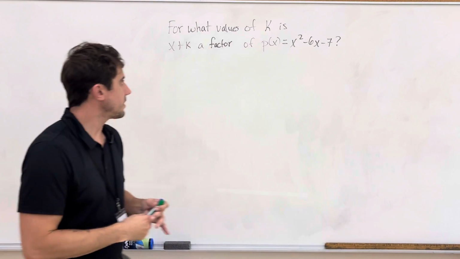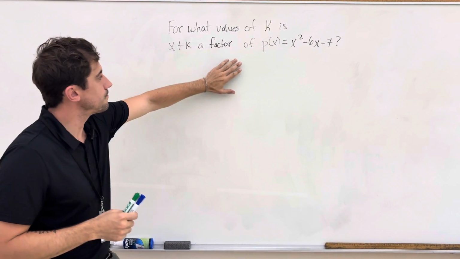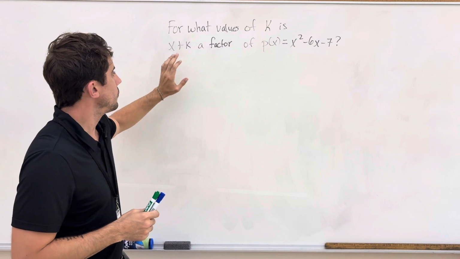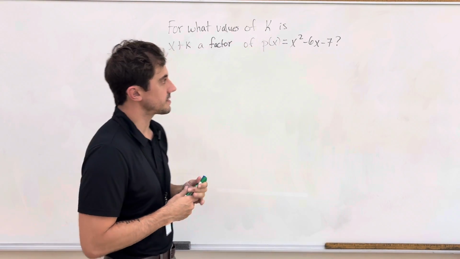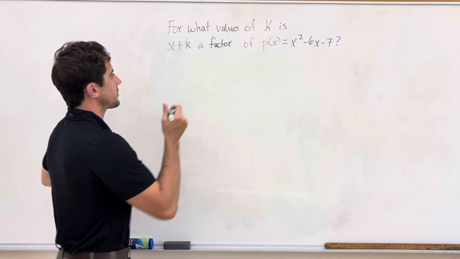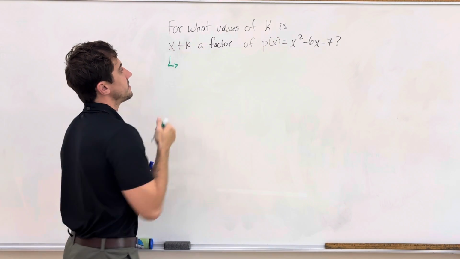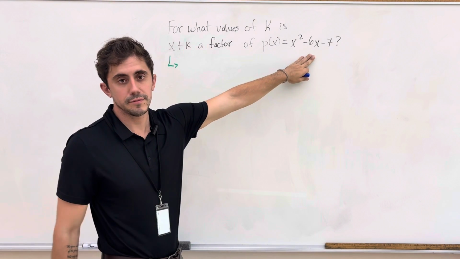Good afternoon, everyone. Today we're going to answer this question: for what values of k would x plus k be a factor of this quadratic polynomial x squared minus 6x minus 7? Now, applying the factor theorem, we know that x plus k is a factor of our polynomial p of x